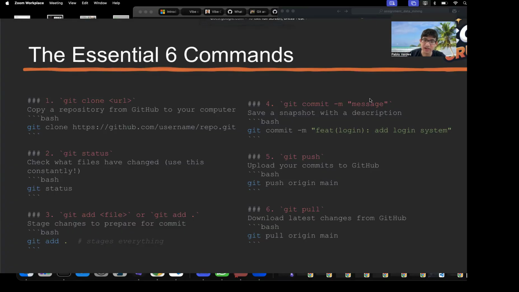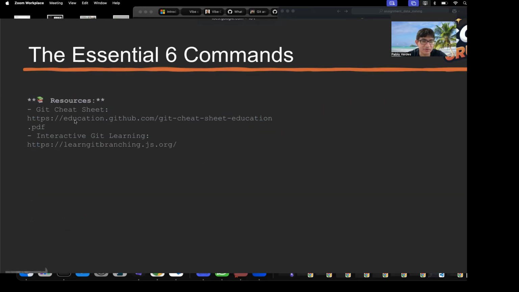And git push lets you add your changes to GitHub, right? So if you want to actually push those changes, you do git push and then that would send it all to the remote repository on GitHub. Git pull lets you get the latest changes from GitHub. And you usually use that when you're in a team setting, right? So you have team members that have done some changes to the code and you want to get those changes, you do git pull to get the latest Git changes, I mean. So that's good for team activities. Some resources right here. Let's go over that quickly.